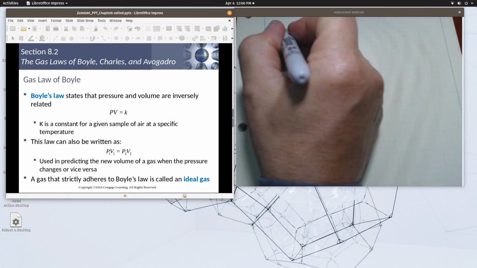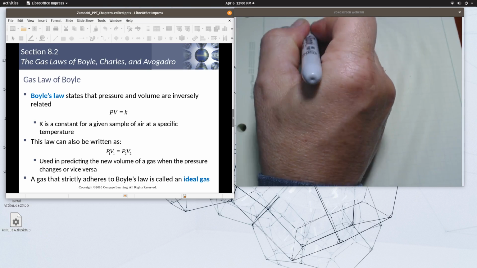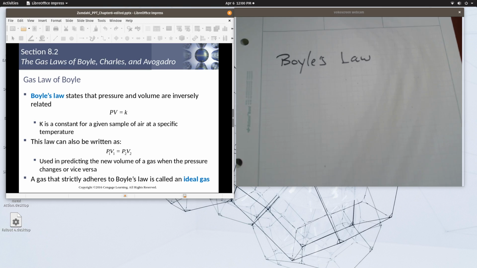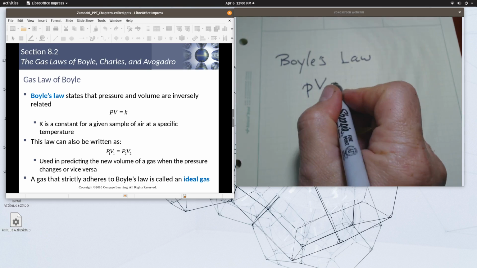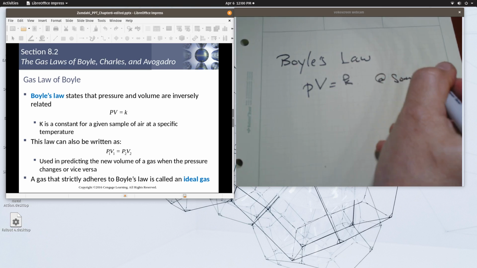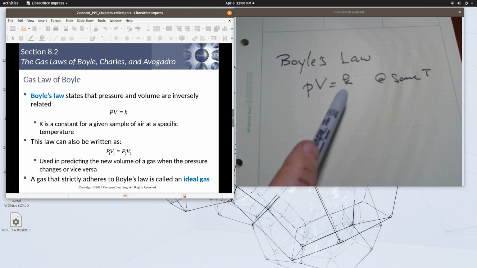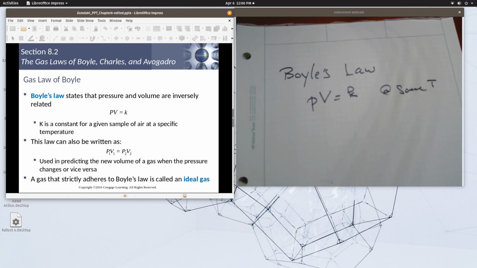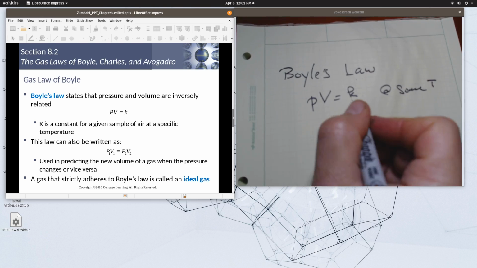So Boyle's law is, again, that pressure times volume is equal to some constant. Now this is at some temperature T. Now this looks very familiar, what I just wrote down. So pressure times volume is an energy, and K is some constant. And again, this is at some specified T. And so what Boyle's law says is that this is a constant